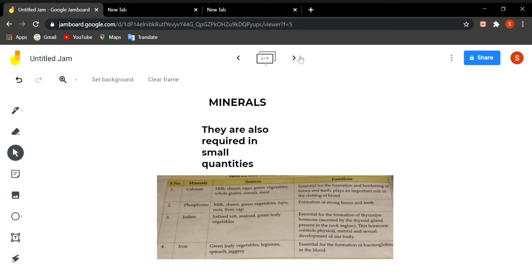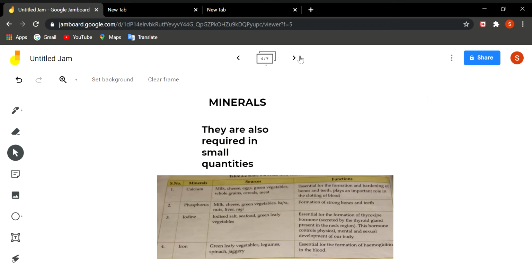They do not supply energy. Some of the important minerals are calcium. The sources of calcium are milk, cheese, egg, green vegetables, whole grains and cereals. And calcium is essential for the formation and hardening of our bones and teeth, and plays an important role in clotting